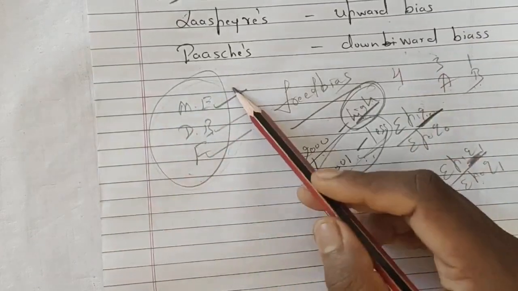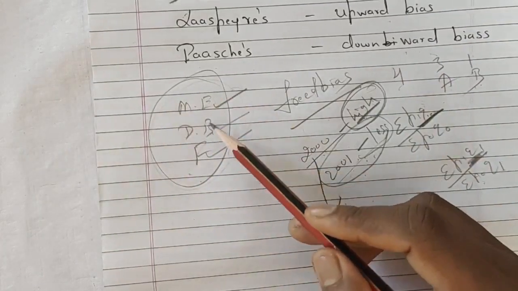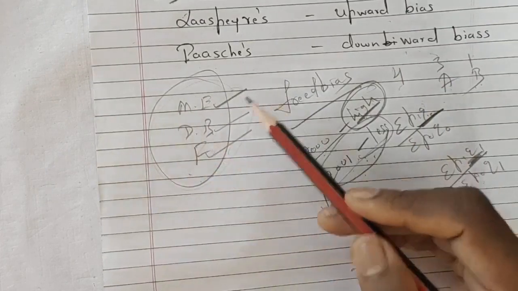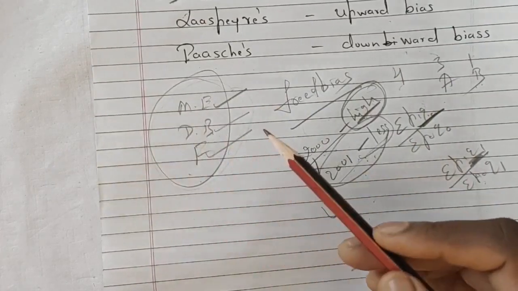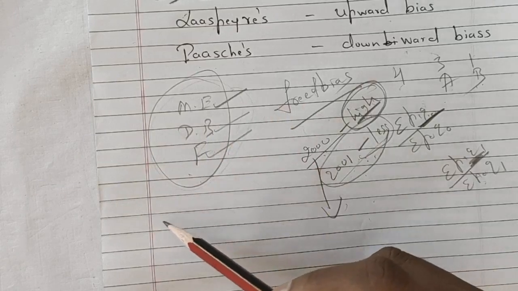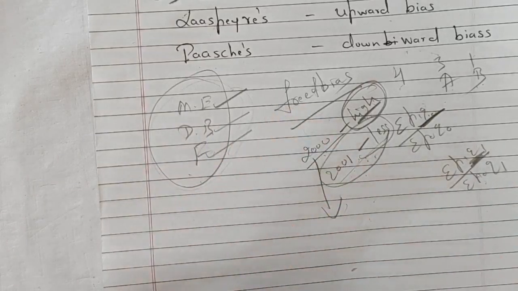The other things are free of bias because here we are using both Laspeyres and Paasche's, meaning we are using both quantities as weight, that is base year as well